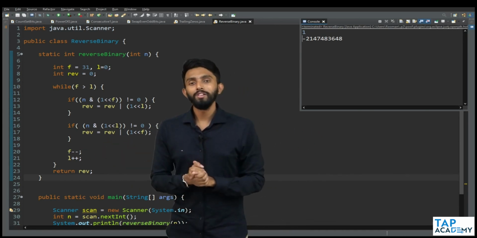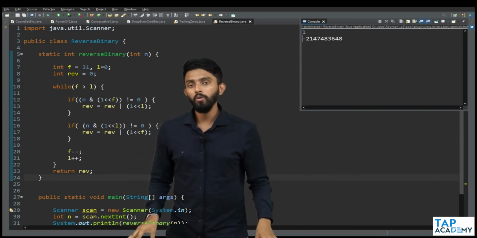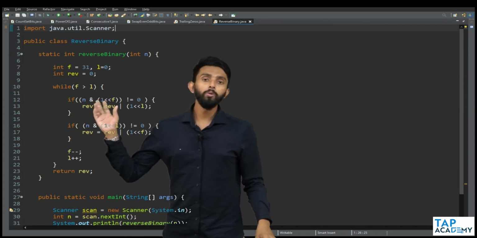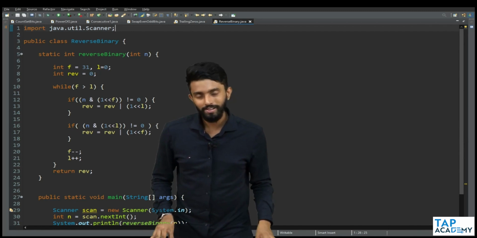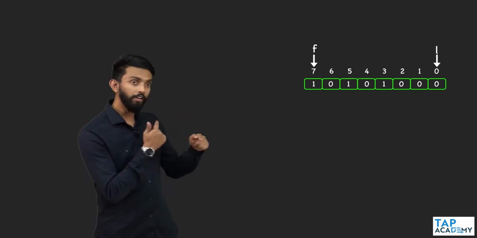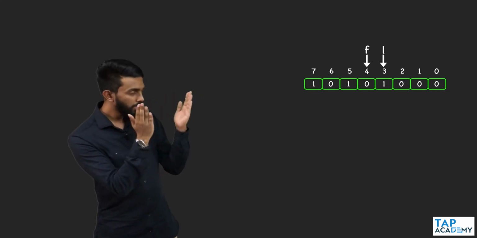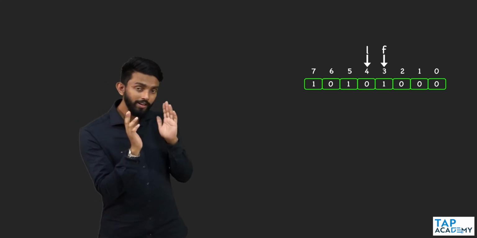Any confusion till this point of time? Great. Now I hope you enjoyed this program. And what would be the time complexity of this? Let me show you. Time complexity analysis is very simple. This is the binary number. Now every iteration, F moves, L moves. Next iteration, F moves, L moves. F moves, L moves. F moves, L moves, now F has crossed L, which means,